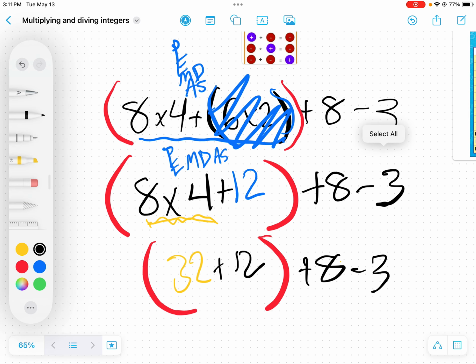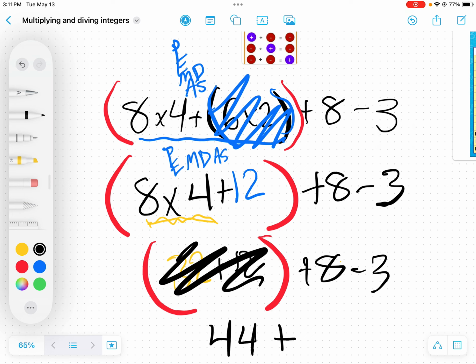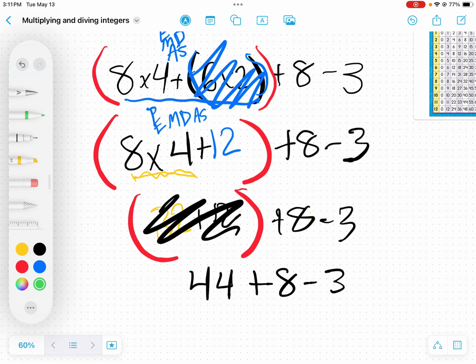Okay, now we're going to continue with this last operation in the set of parentheses. We are going to do 32 add 12. So if we take 32 and we add it to 12, we get 44. Then we're going to bring down everything else. And now, since there's no longer any parentheses, we are going to go ahead and do 44 plus 8